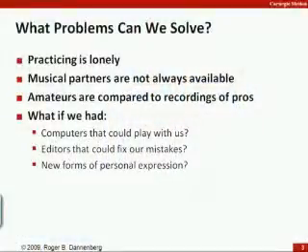So what are the problems that we can solve in this area? Well, one very big thing is that practicing is a lonely thing for most people. You don't really want to practice with other people. There's the funny line that when a musician makes a mistake, the guy next to him, if he wants to make a joke, says, "Hey, practice at home." But also musical partners are not always available. If you want to play music in an ensemble and you're not doing that daily on a professional basis, it can be hard to get people together and make sure all the parts get covered.